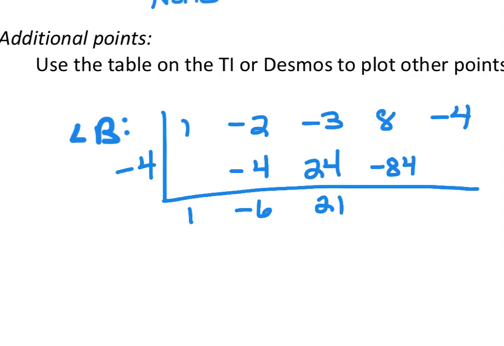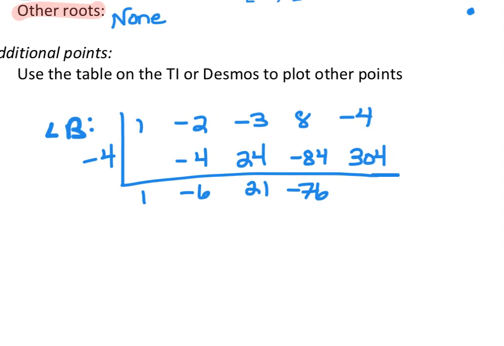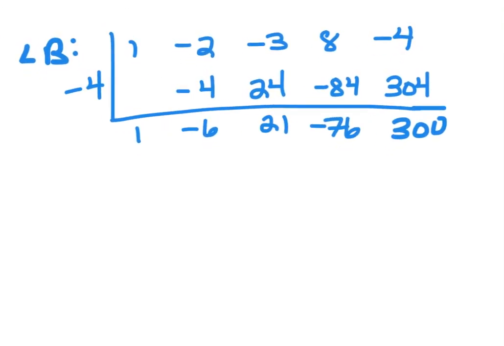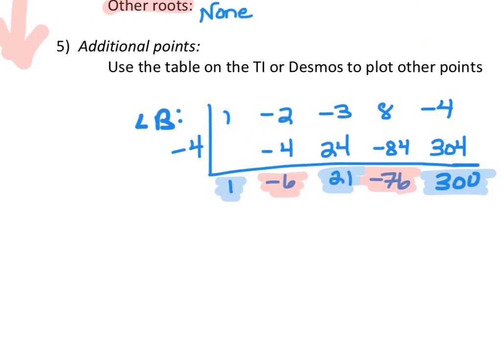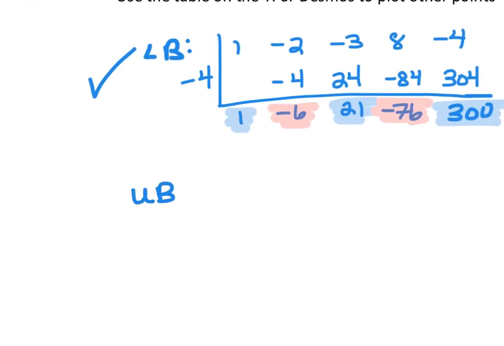8 plus -84 is -76 times -4 is +304. Hope you used your calculator and didn't just write what I wrote. -4 plus +304 is 300. And remember that what you're looking for with the lower bound is that every other number is either positive, negative, positive, negative, positive. So my lower bound checks,